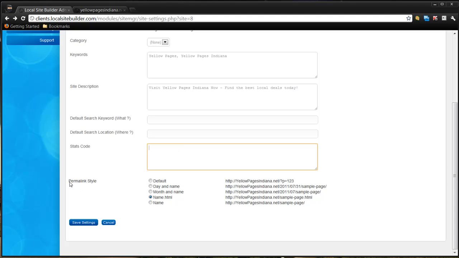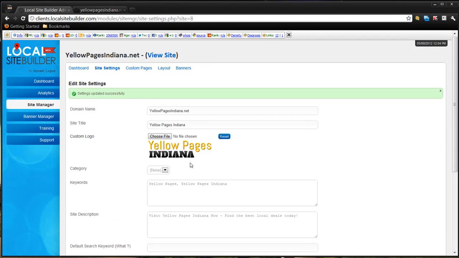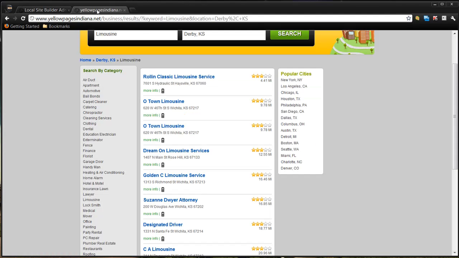And then after that, we'll go ahead and cover the permalink style. The default is set to the sample page.html, but if you'd like to drop the HTML and force a trailing slash or create more of a blog style type system, you can definitely do that just by changing the permalink structure right there. So I'm going to go ahead and click Save, and that will cover our basic settings. I'm going to go back up here,